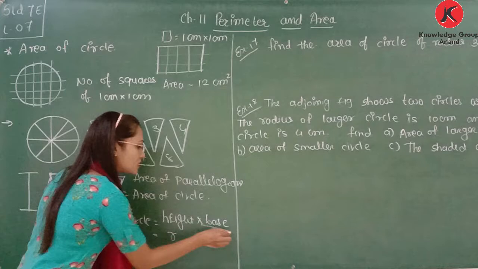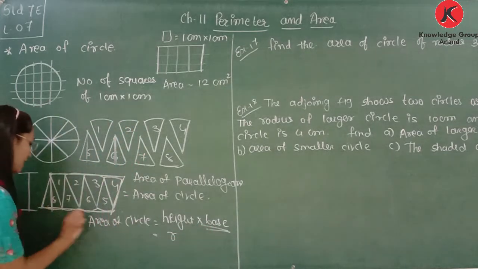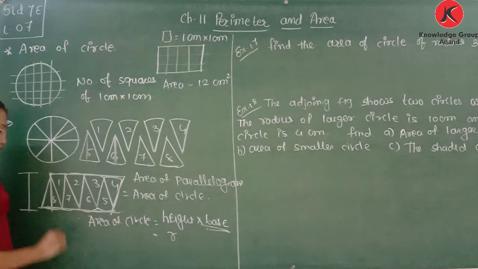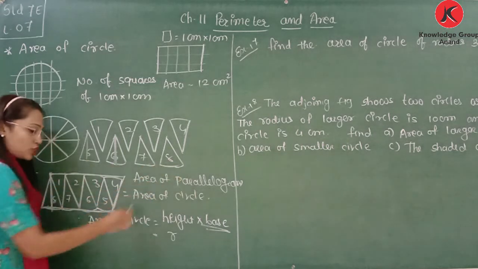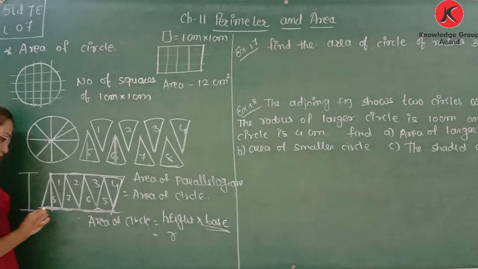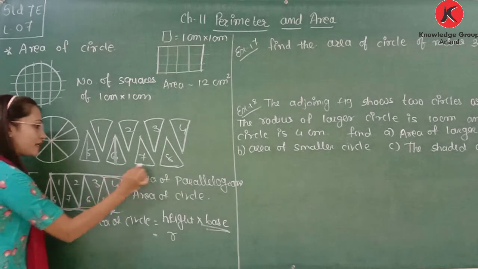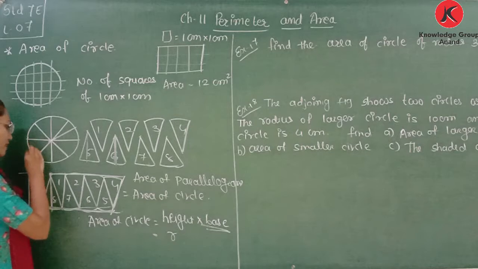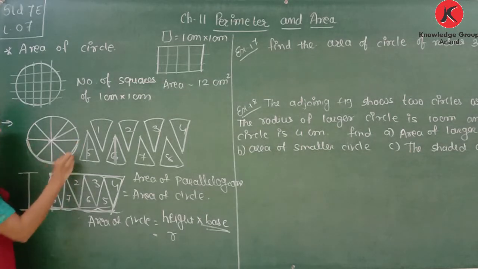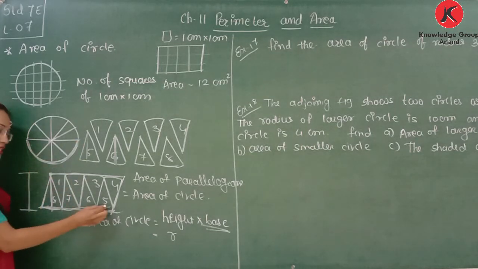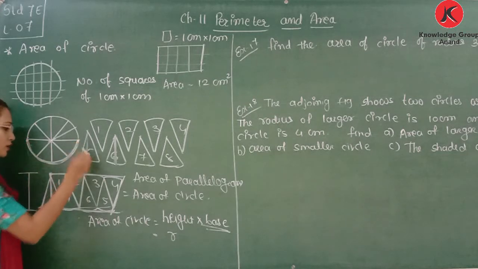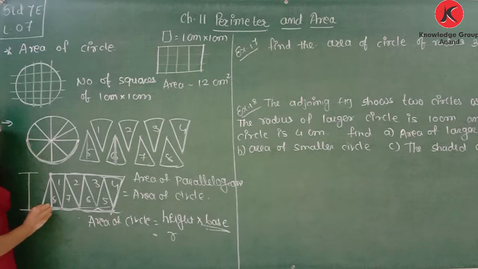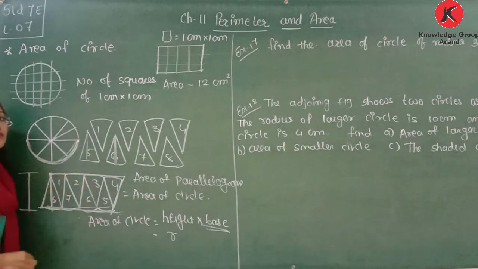Now what is the base? Base means this length. So how many shapes do we have? You can see we arranged these 4 shapes horizontally. So to get this length, we need to find this length, because the remaining 4 shapes we arrange like this. So if we get the length from this point to this point, we get this length also. So what is this length? It is nothing but the circumference of a semicircle.